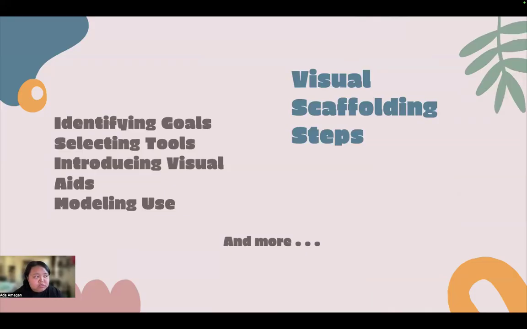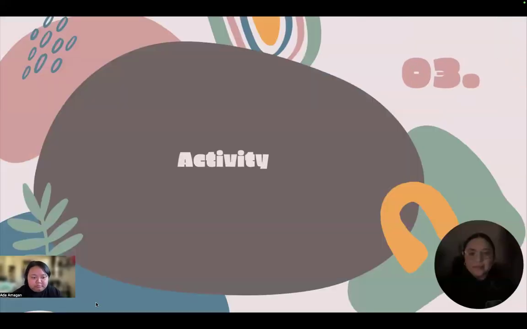By modeling the usage of the visual aid, you can demonstrate the visual aid and how it relates to your lesson. For example, if you are using a concept map, break down the idea step by step, connecting new information to what the students already know, and you can use this visual to clarify and reinforce complex ideas. By explaining any symbols, colors, or shapes used in a diagram or chart, this ensures that the students can interpret them correctly. Now